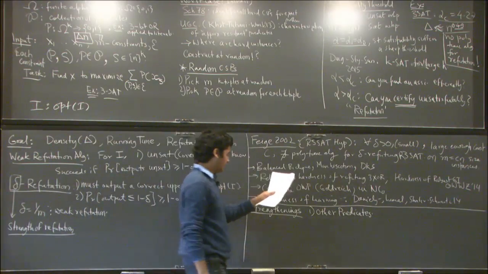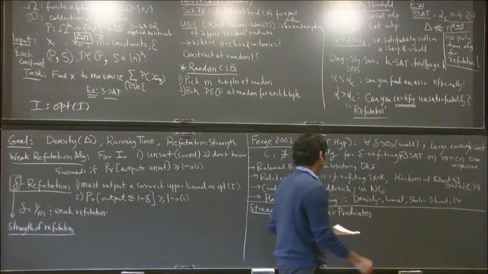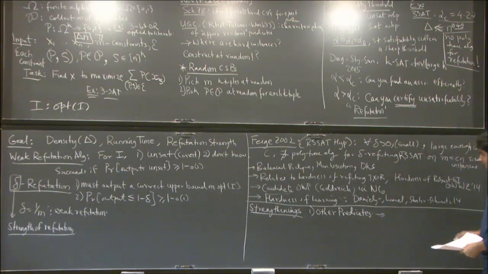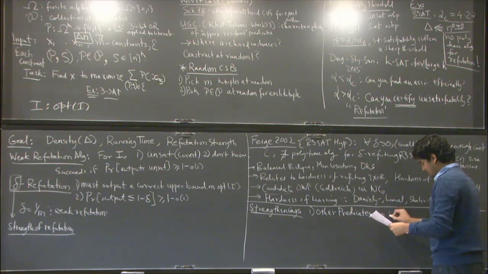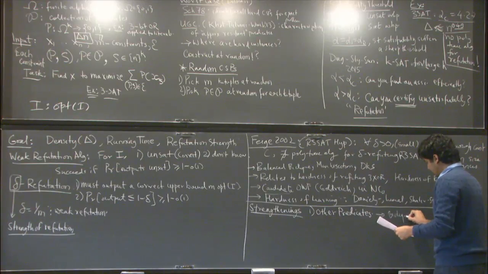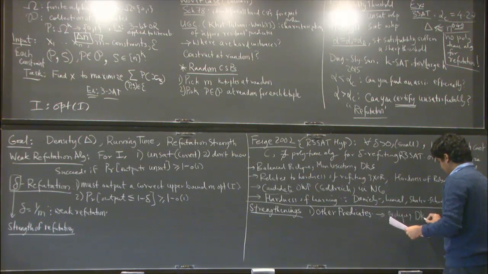Let me say quickly that if you make assumptions about other predicates, like other arity and other predicates, then you can prove many more hardness of approximation results. And there is a lot of work here, for better hardness for biclique, densest k-subgraph,